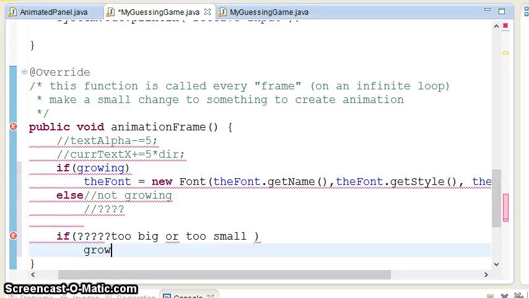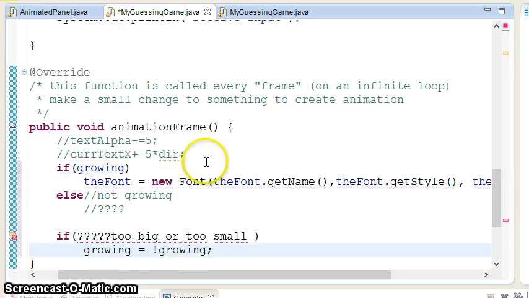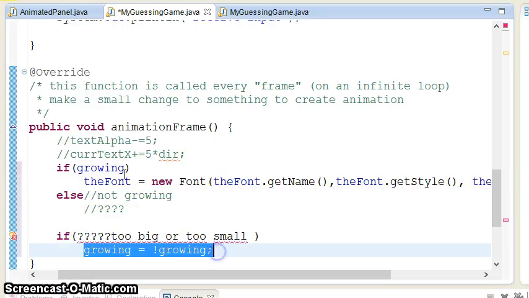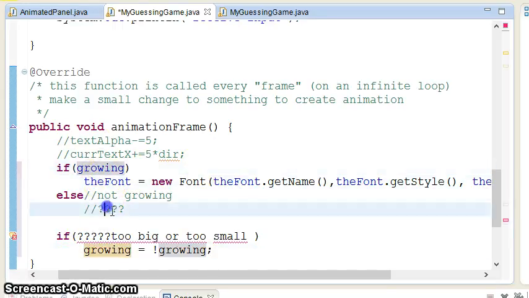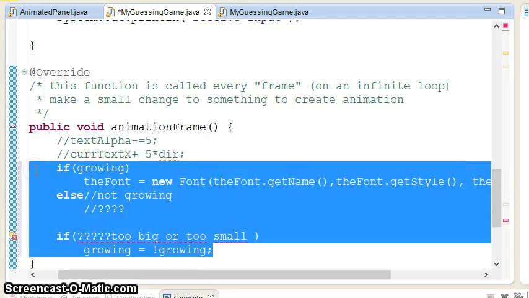And here's a pro tip. That will just flip your Boolean. So you want to grow or shrink, and then you want to decide whether or not you should change that around. And that would help you do growing versus shrinking, and it could kind of do its business,